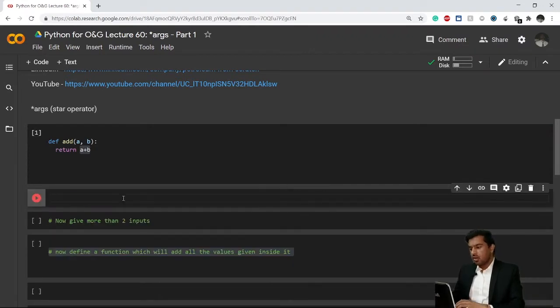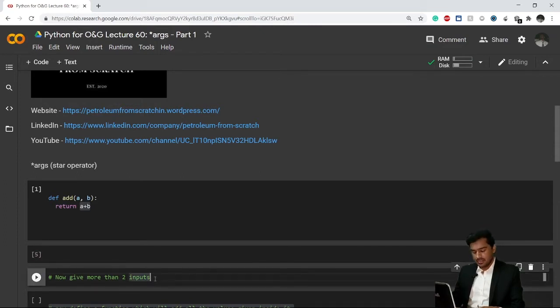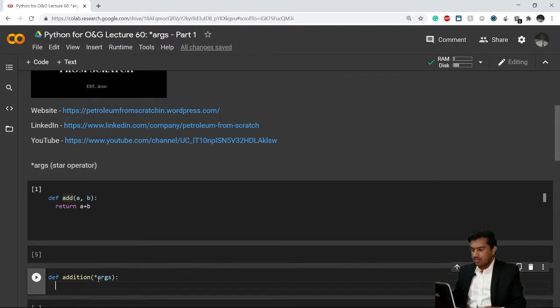We have an operator called the star operator. Now my function is addition; just to separate it from add, I have created a function named addition. You simply write star and then args here, and then afterwards I will write the code. You will understand why I'm writing that code by yourself.